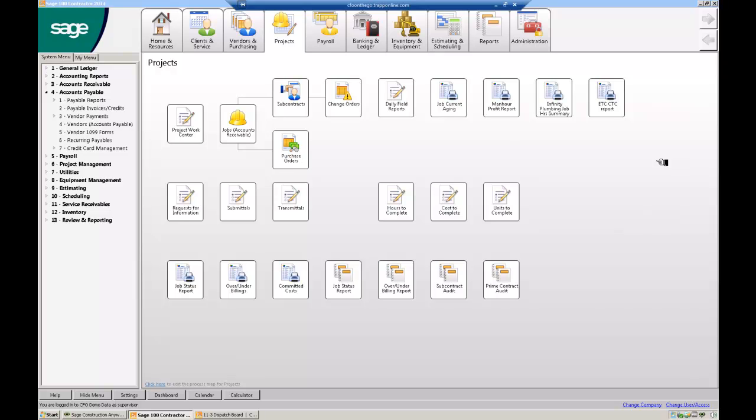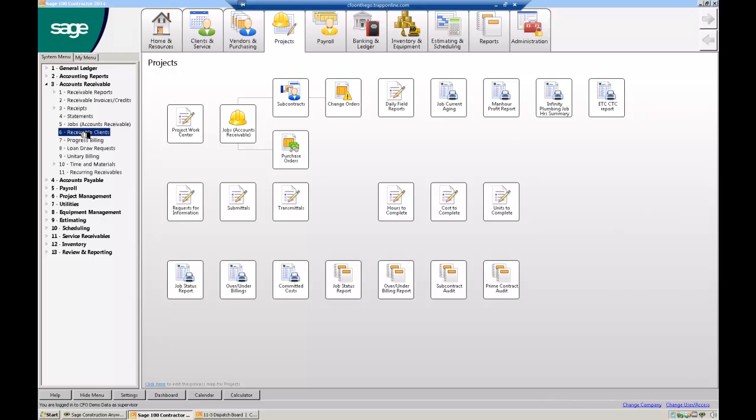And it interfaces to a certain extent with Sage 100. So you can keep all of your prospecting and lead generation, all that stuff in ACT. And then when they become a client, you actually just create that client over in Sage 100 automatically without having to rekey the thing. So you kind of keep them separate. Now, I'm not going to show you that because I'm not an ACT expert, but in accounts receivable,